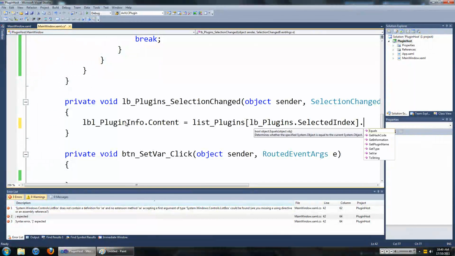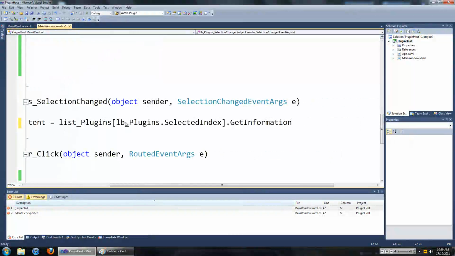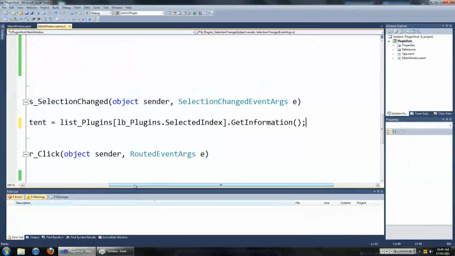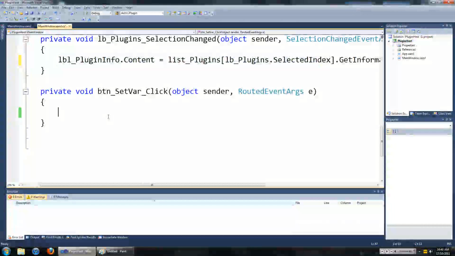Then we're going to invoke the GetInformation method on them. So we have done that, and now we're going to invoke this SetVar method inside of a plugin.